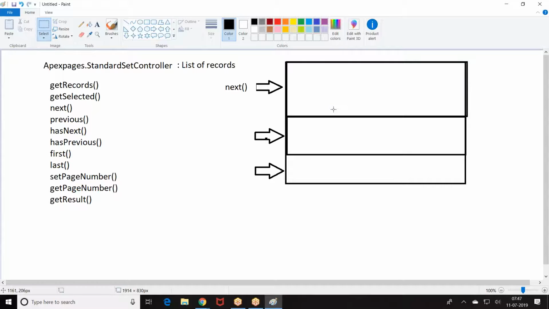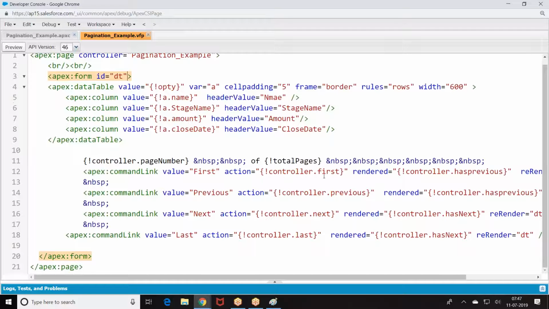It has some predefined functionality like next, previous, has next, has previous, last. Okay, get the page number, get the result size, set page size, get page number. With the help of these functionalities we are able to achieve this. Now, I have not written any functionality of my own. These are all predefined. First, previous, next, last.